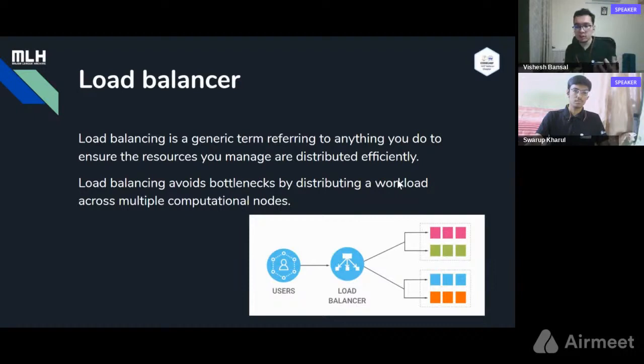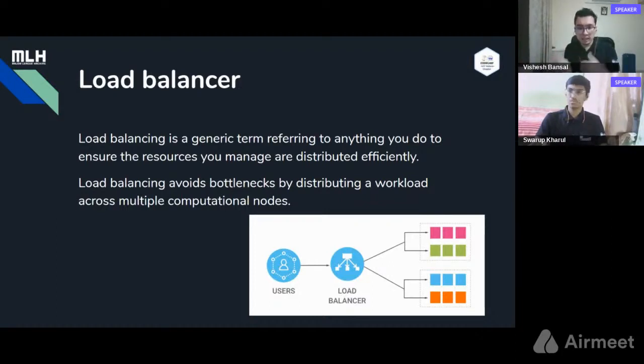Take the example of Netflix. Let's say at one given point of time we have about 100 people watching a TV show which is not available elsewhere. It will put a lot of load on the server because it'll be streaming to 100 different people, so there's a very strong chance that the server might go down. All of this is prevented by load balancing, which distributes the load across different servers. All the servers are running the same instance, and this ensures good performance.